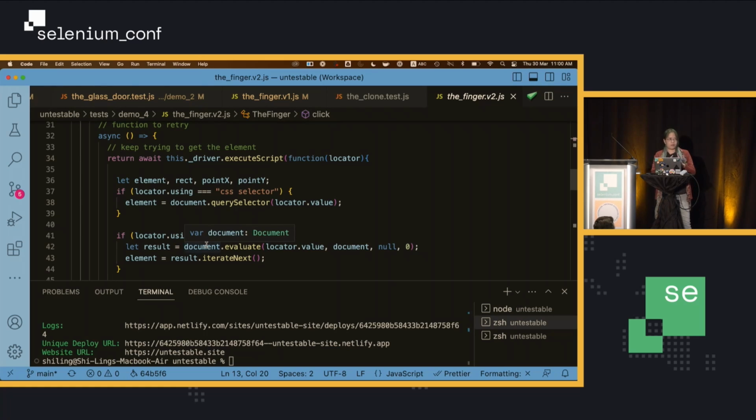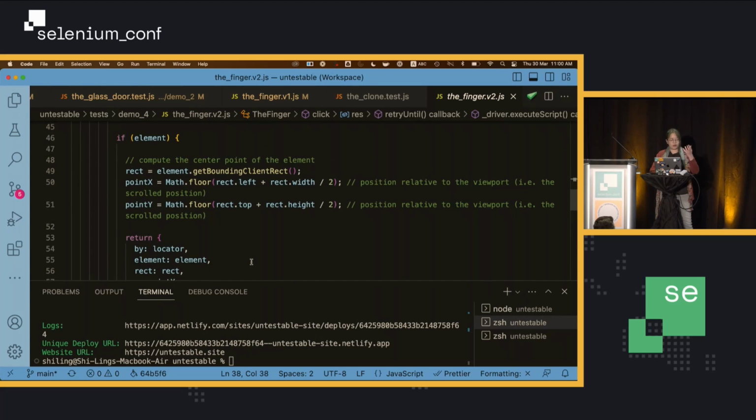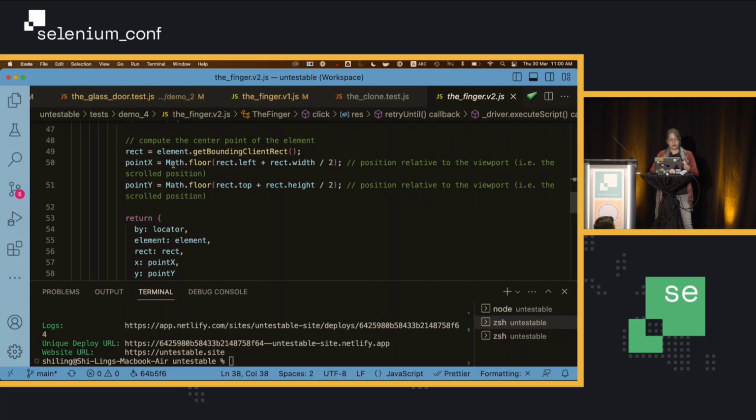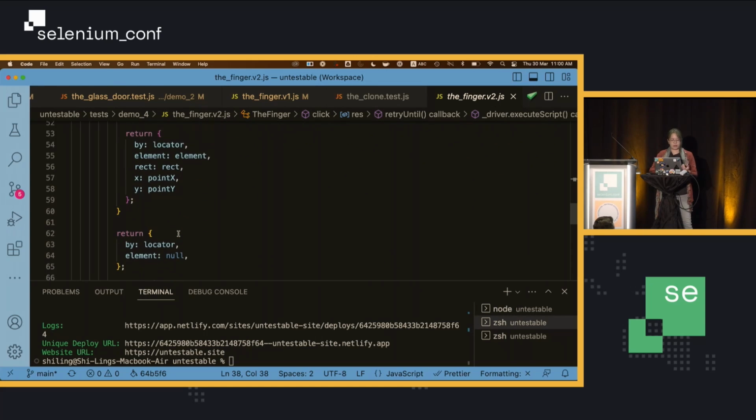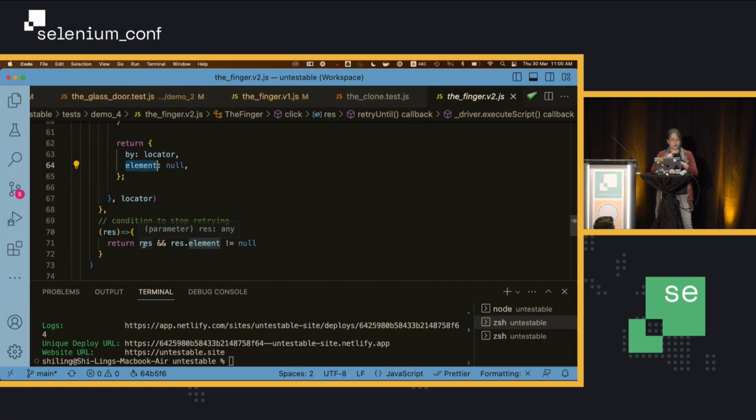So we use different web APIs to query the element. If you're using a CSS selector, you can use querySelector. If you're using XPath, then we'll use document.evaluate instead. If we find the element, we get the rectangle, find the center point, and return all of that information back. If we don't find it, then we return element is null, and it's going to keep retrying until the element is not null.